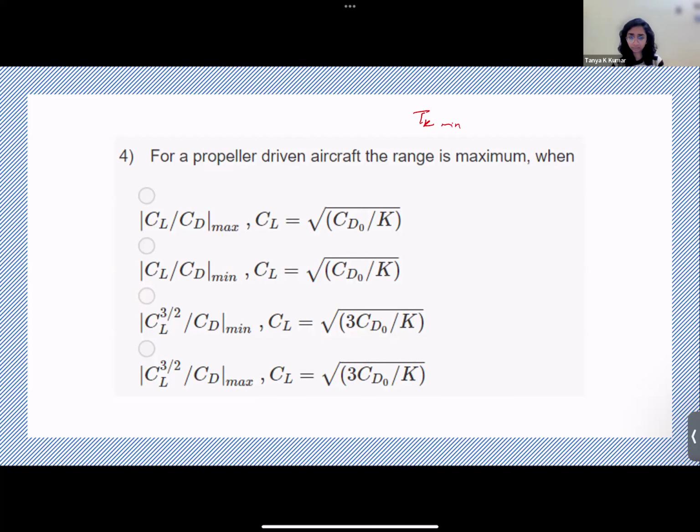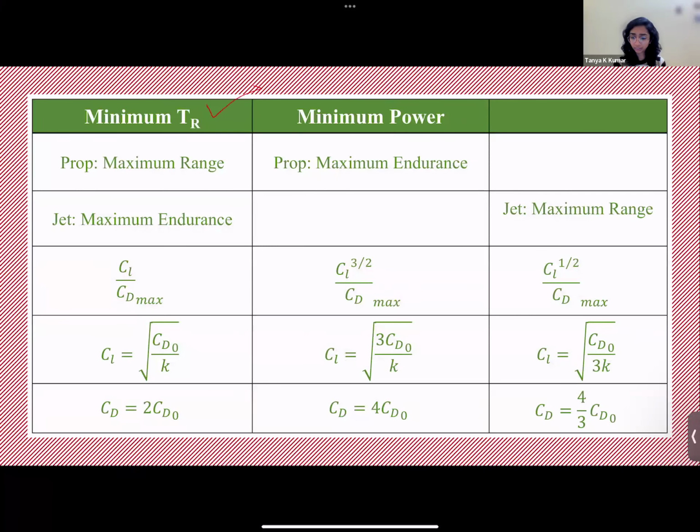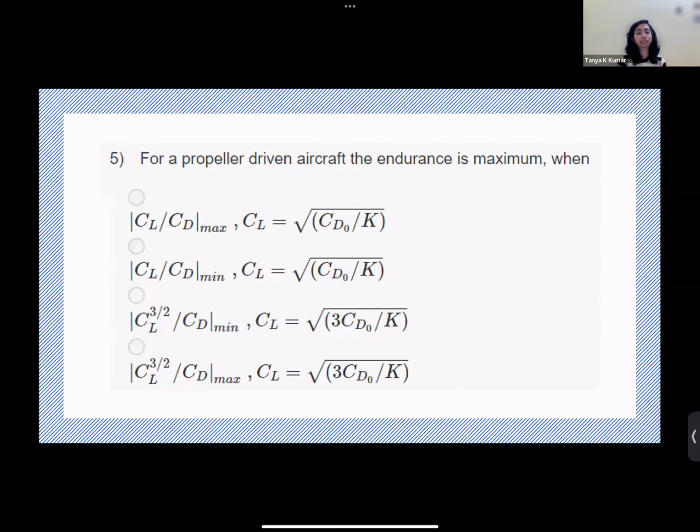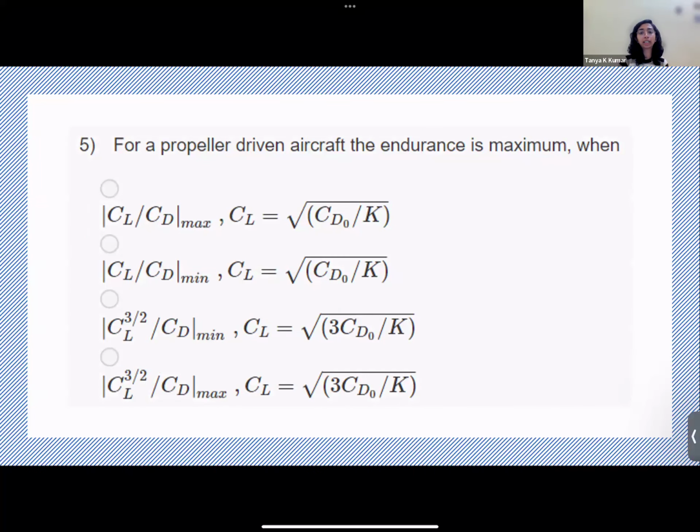Is it option D? Maximum range. So it's this condition, right? So CL by CD is maximum and CL equals under root CD naught by K, which is the first option. Correct? It's the first option. That's the right answer. Now, the next question is very similar, but it says what is the maximum endurance condition